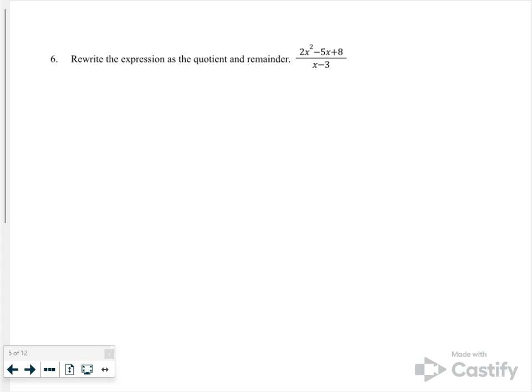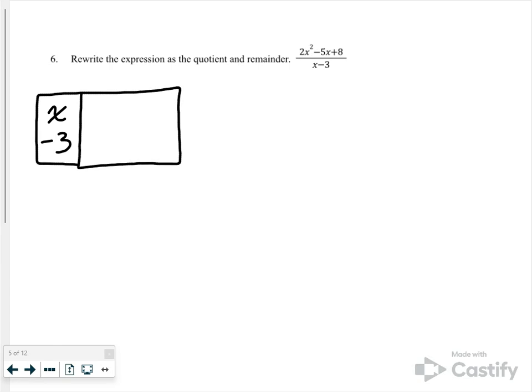In number 6, it says rewrite the expression as a quotient and a remainder. We're going to use the same strategy as we did on the last one. We're going to divide the expression by x minus 3. And we are only going to need 2 boxes here, and we may need this last box for the remainder. Okay, so we're going to divide out x minus 3 from 2x squared minus